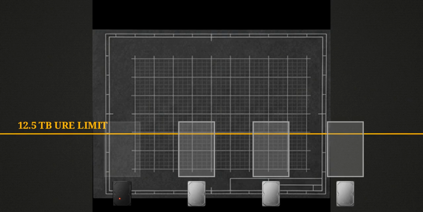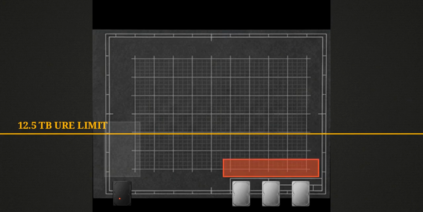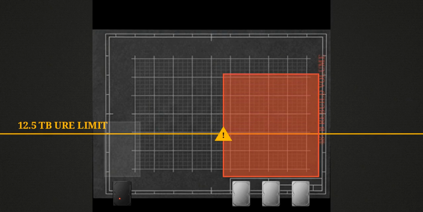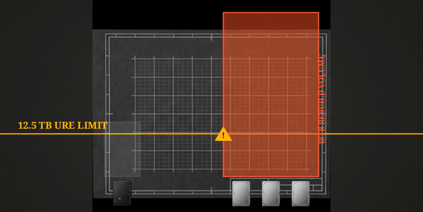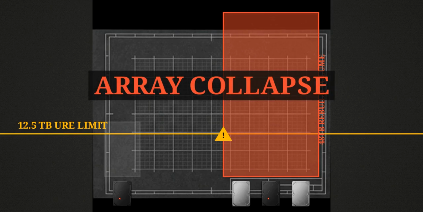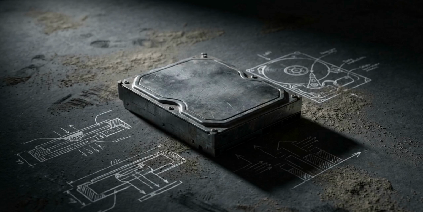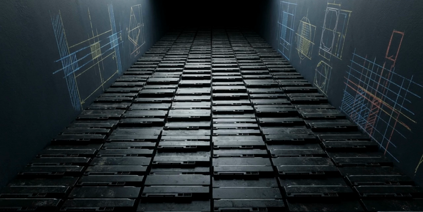When one drive fails in a massive array, the controller must read every surviving sector to rebuild it. For an array using 16 terabyte drives, the required read volume overshoots the statistical error limit by nearly 4 times. At this scale, the probability of a secondary read error during a rebuild becomes a statistical certainty. A single error during this process prevents the lost data from being reconstructed, causing the entire array to collapse. While parity-based backups were once a reliable safety net, the density of modern storage has made the RAID 5 protocol insufficient for large-scale data protection.